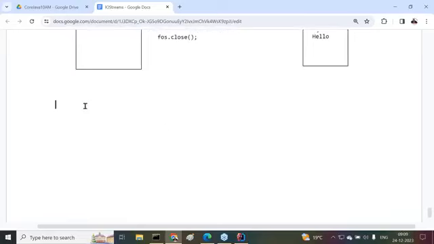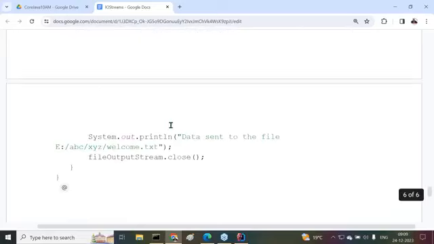Now this is an example. File output, some example here we have taken. Next one is the same example with the try catch finally approach that I'm going to use. The same example I want to prepare with the try catch finally, guys. When we provide this try catch finally,